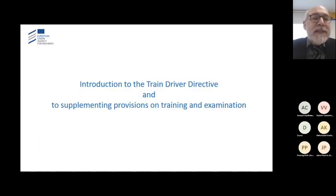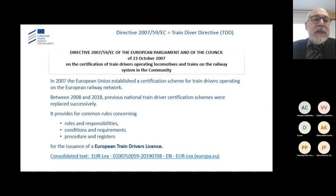So the first part is about the train driver directive. I suppose most of this is, of course, known, but nevertheless, maybe it's good to get back to the details so that we are aware of this. 2007, I mentioned already, was the introduction of the scheme, and the main purpose was to define a certification scheme